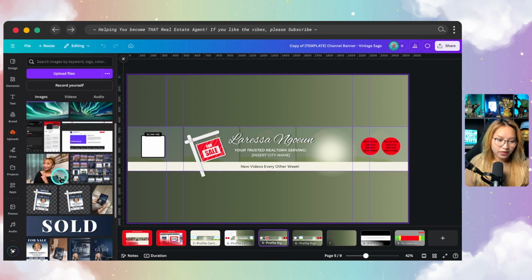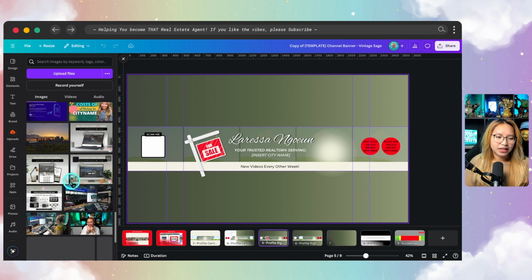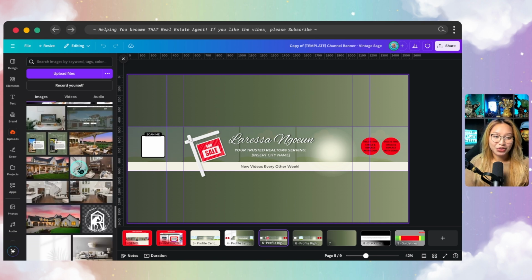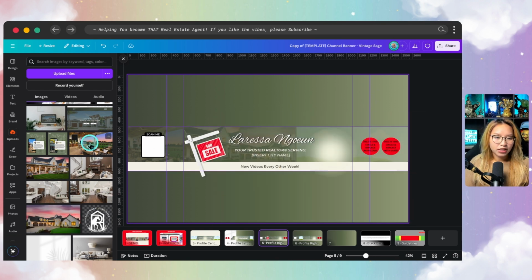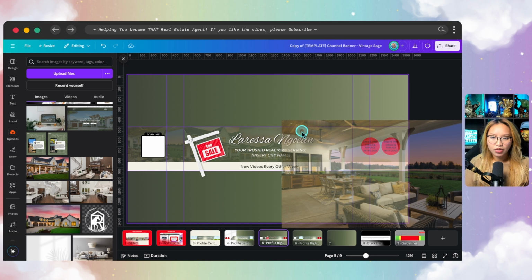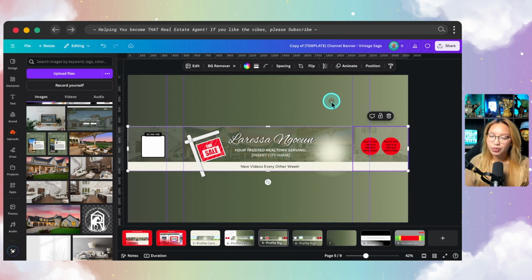So just for the sake of this tutorial, I'm just going to go in and find some random real estate pictures and just drag it in here. Probably drag that one in there. Probably drag this one there. Actually, I'll do this image there, and I'll do this one here. This one here. Now I have the transparency turned down because I wanted the brand colors to come through, but you can obviously bring up that transparency a little bit more so you can see the stock images in the